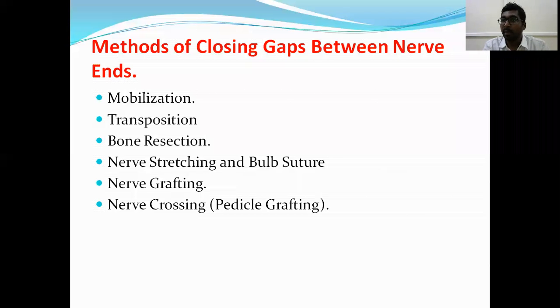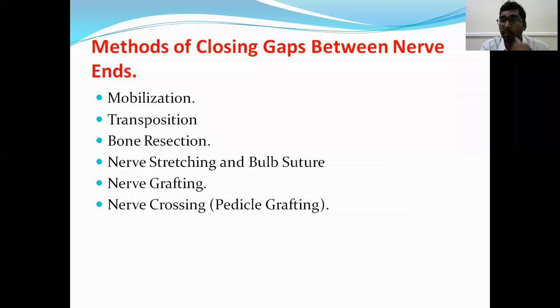And meanwhile, sometimes in a fully stretched condition, the nerve ends may not meet. You flex the joint, for example the elbow up to 40 degrees or the knee joint up to 90 degrees, so the nerve is relaxed, then end-to-end nerve repair is done, and slowly you perform the extension without damaging the repair site.